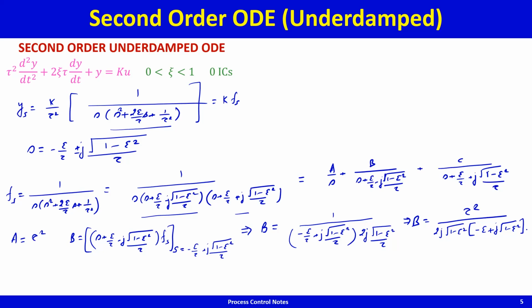And if you want C, you can do the same thing, but C can be simply obtained by replacing j with minus j because the root is a complex conjugate. So just replace j with minus j and what you will get is C is equal to tau square divided by minus 2j into square root 1 minus epsilon square into minus epsilon minus j divided by square root 1 minus epsilon square, and this minus you can take in and this becomes, so now